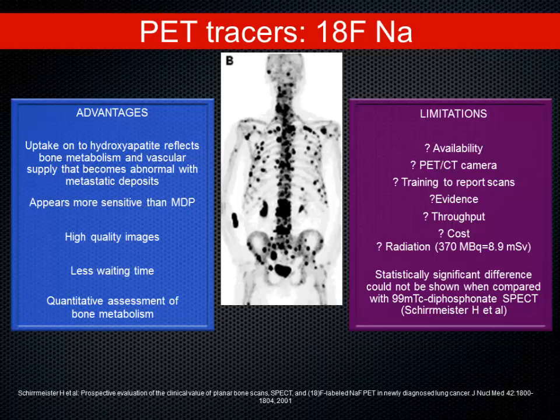And then comes the radiation. You're going to give about 9 millisieverts if you do a fluoride scan, but you can get away with about 4 to 5 if you're doing a SPECT scan. But with the fluoride, adding a CT component, you're going to increase by 4 to 5 millisieverts, which is again going to be a problem, especially in a research scenario, because we are getting into newer